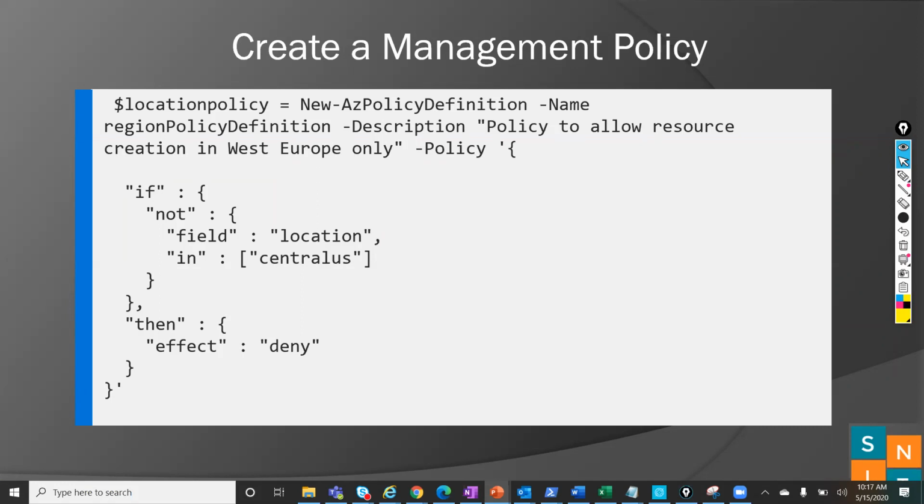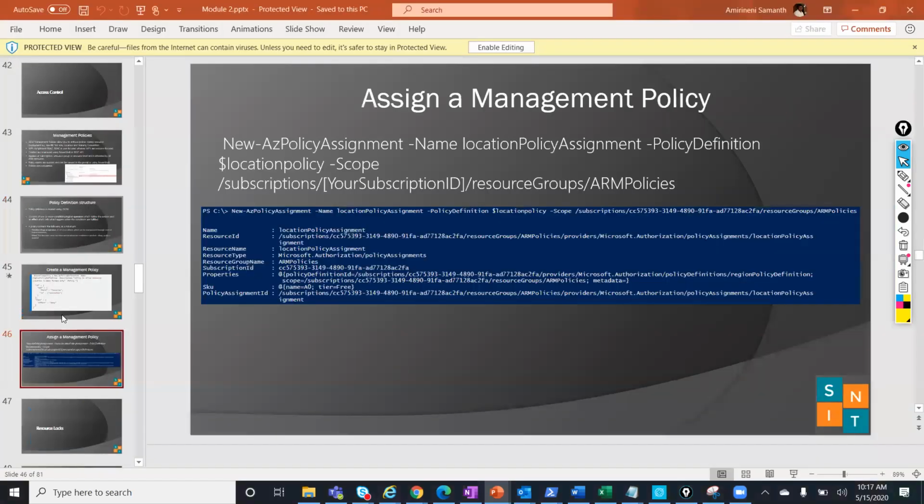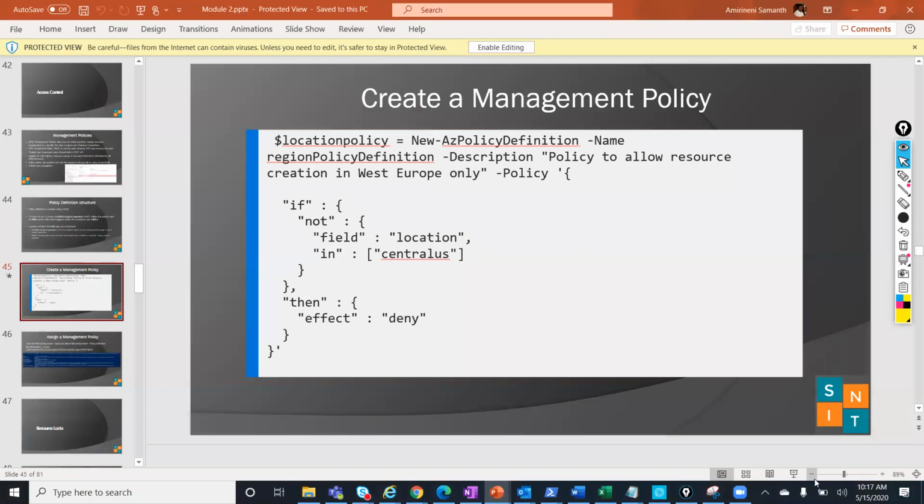Only you can create resources in West Europe. So if not field location in Central US, then effect deny. If he is creating a resource in Central US, it will be denied. So in this, the effect is deny, right?